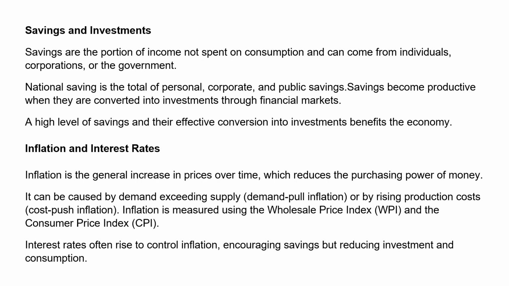Second is called rising production cost inflation. That basically means if you have to create a product, let's say you want to make laddu. Okay, the things that go into laddu, maybe ghee and other things, have got high inflation. Their prices have increased, because of which the laddu's price has also increased. So that is cost push inflation, which is because the raw materials used to create this product have seen a hike in price. So that's why the price of the product has also increased. That is called cost push inflation. Inflation is measured in two ways. One is called the wholesale price index and another is called the consumer price index.